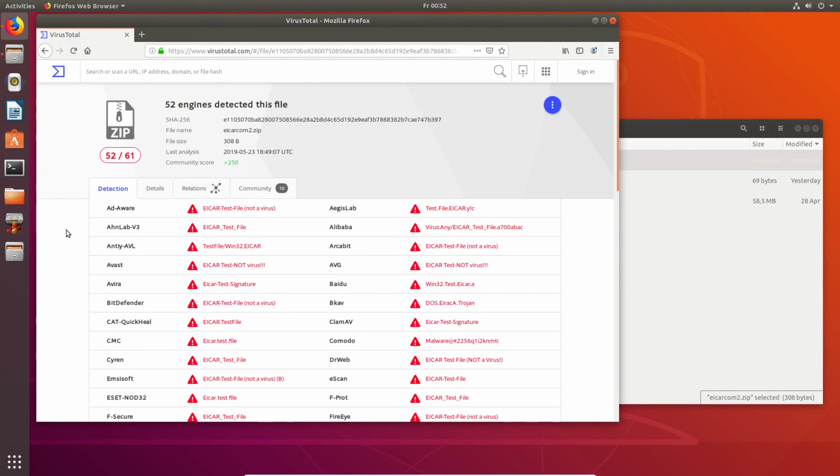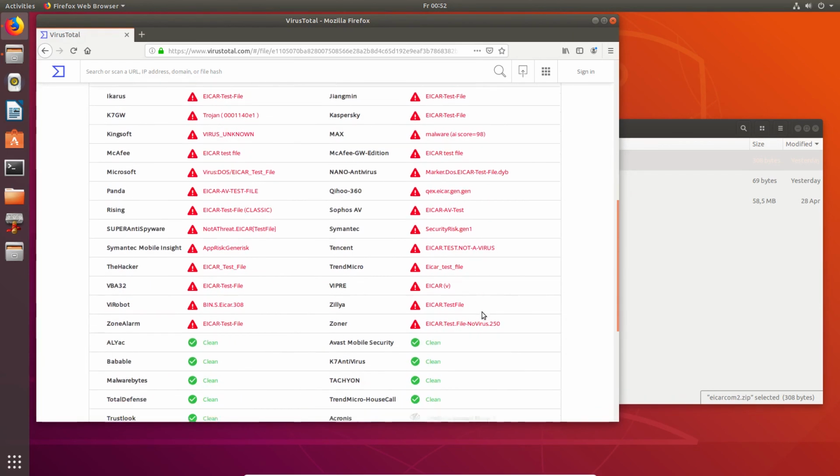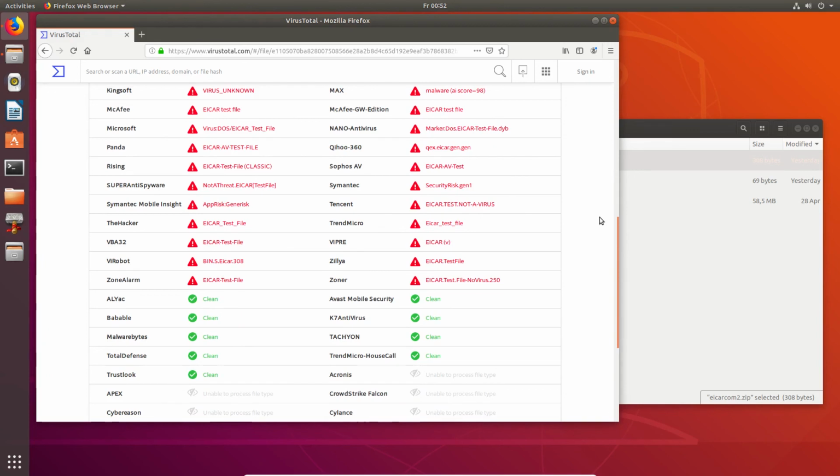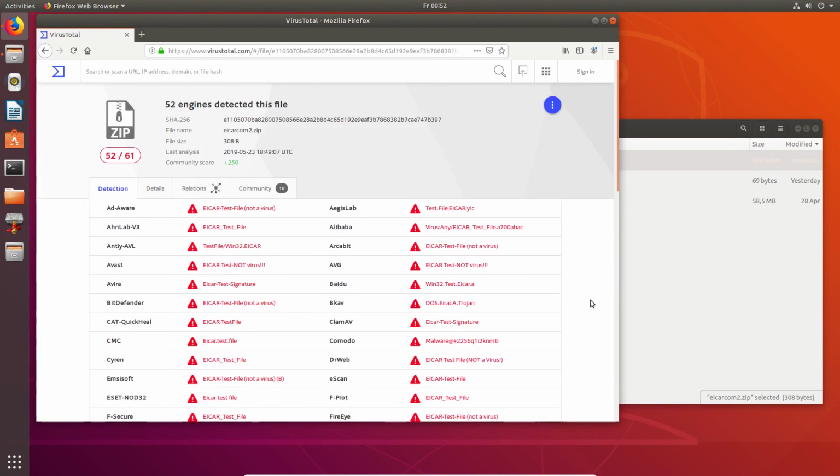Now if ClamAV is the only one that identifies a file as a virus, then most probably it's just a false positive. Now this site here cannot replace a proper antivirus on the system because you cannot do a complete system check here. I also already mentioned you should not upload documents, and also there's a limit in the upload size, which is somewhere between 100 and 200 megabytes. A file that you upload there cannot be larger than that.